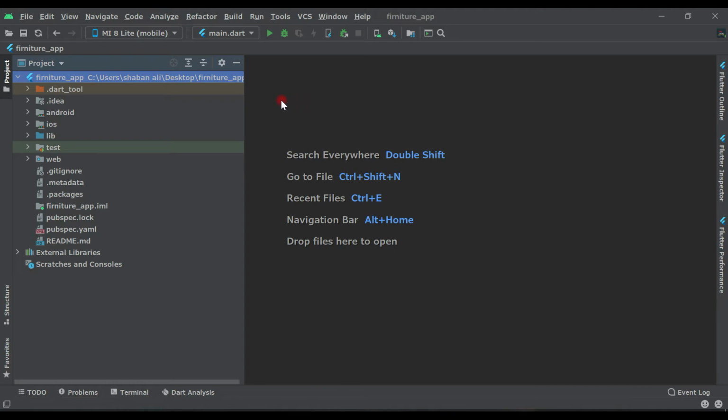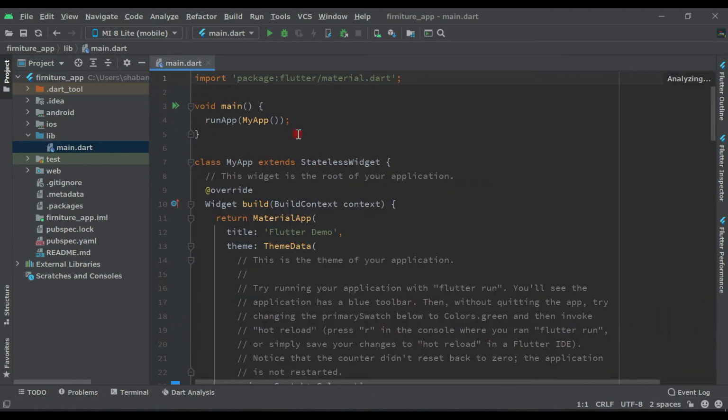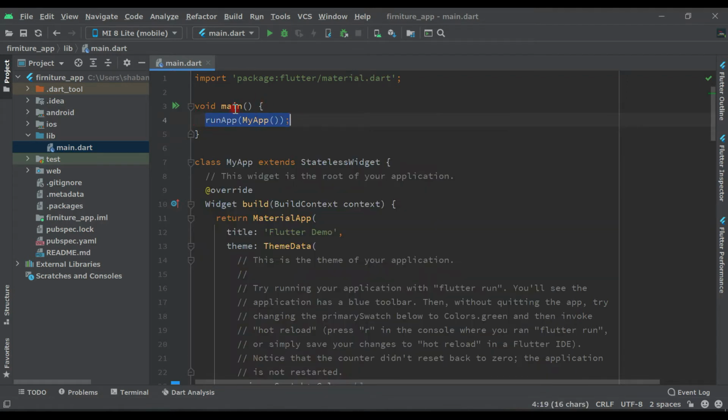So let's create one here in the lib folder. This is our main function, as you might already know, or if you don't know, I am going to tell you. This is the main function of Flutter, and it is the root. All our application will run from this function. It's a rule of Dart and Flutter that your application will not run if you are not passing your app inside this main. So this is the main root.